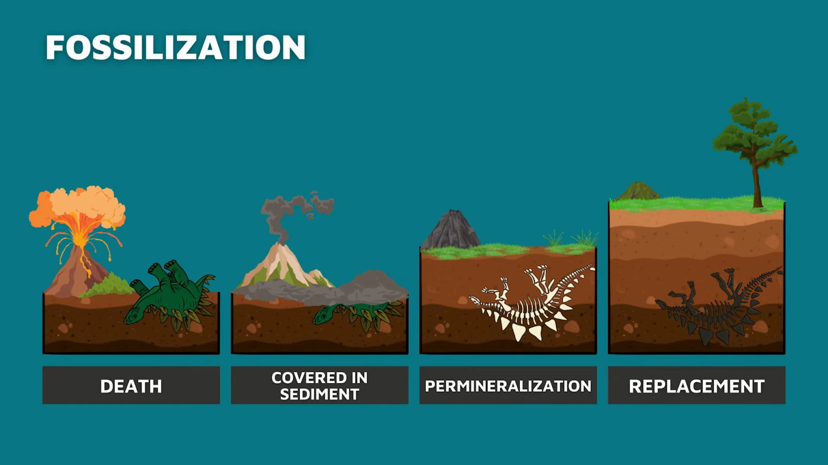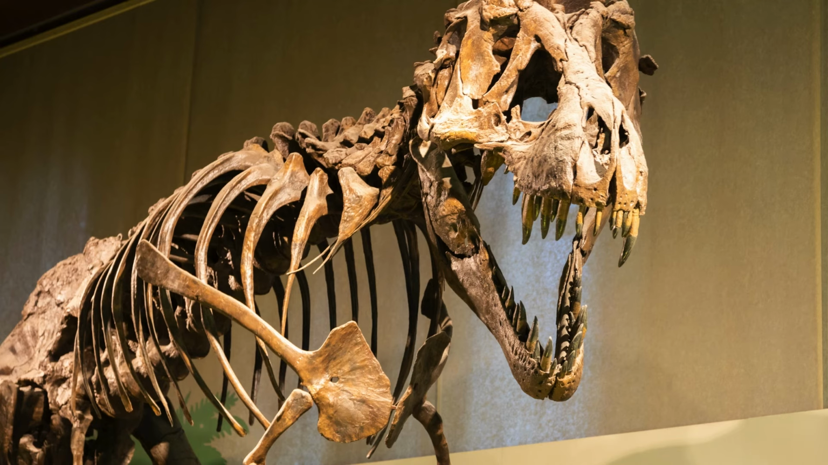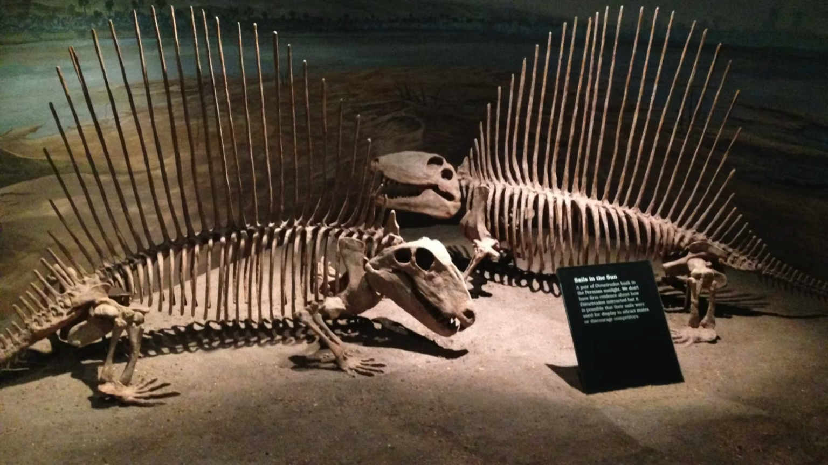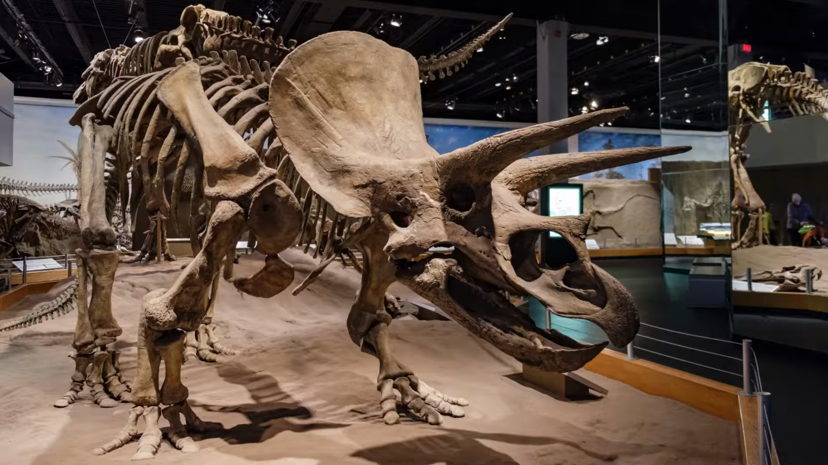filled. Those groundwater minerals then replace the organic material of the animal and turn it to stone. This is called permineralization and replacement. When observing a fossil, you may think that you're looking at the animal's actual bones, but really, you're looking at a rock in the exact shape and size of the animal's original bones. There are several other ways in which animals can be preserved, including molds, casts, and the most impressive true form